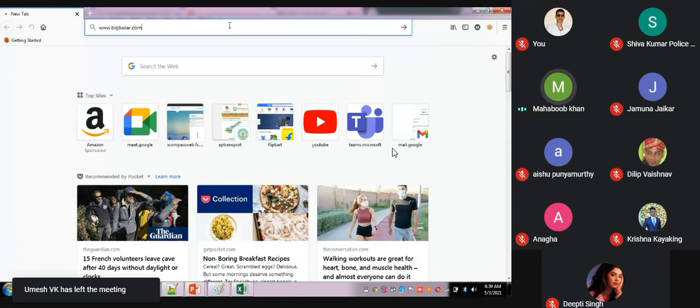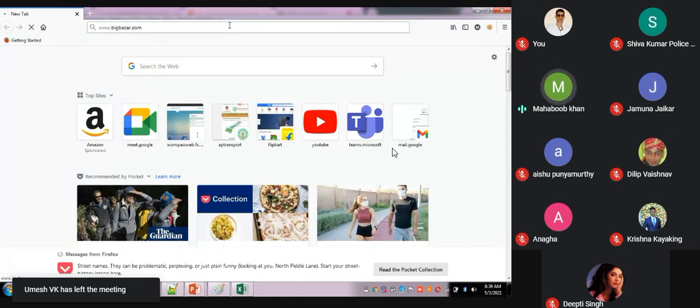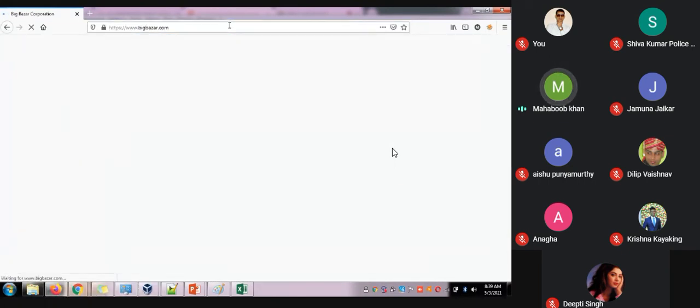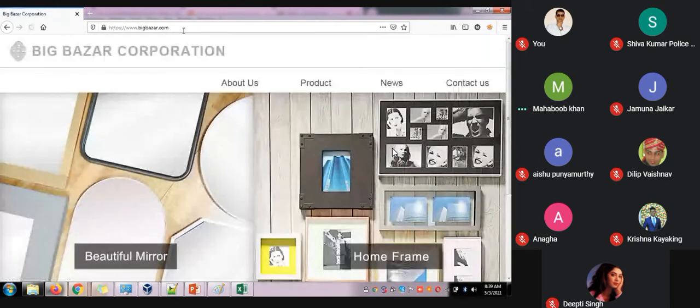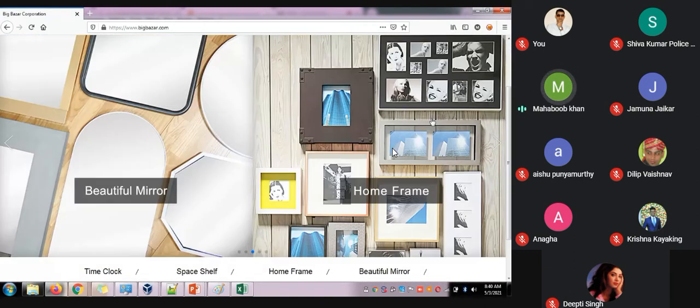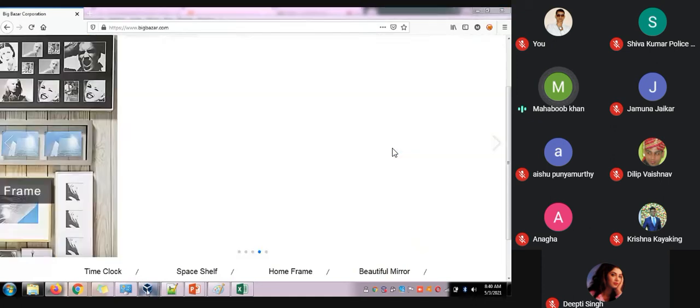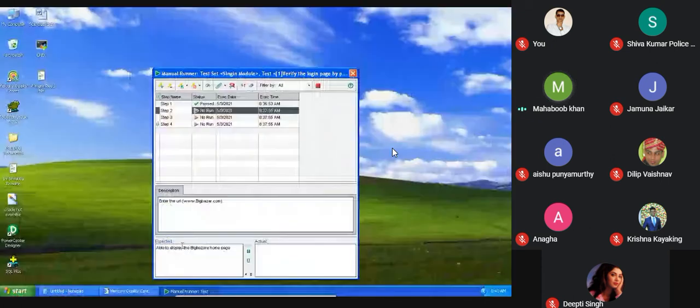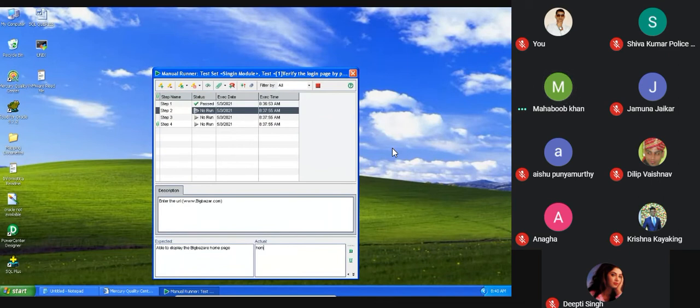I don't know whether it is there or not. It should be there, Big Bazaar is from long back. Okay, Big Bazaar Corporation. Yes, it is there. Once it is launched, a home page appears, right? The same thing here: the home page should be displayed. Home page appears, and you need to pass.